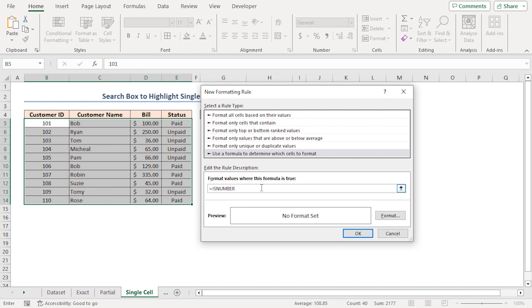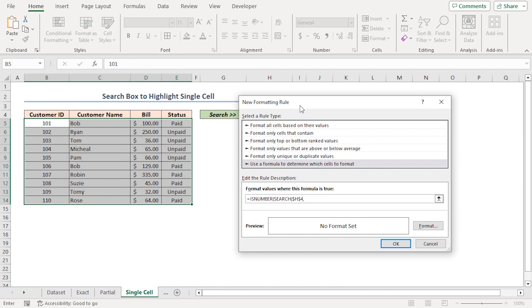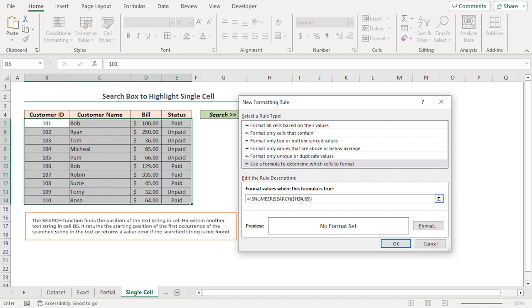As the value argument, I'll insert the SEARCH function. Give a parenthesis. Now, as the find text argument of the SEARCH function, I'll select cell H4. Insert a comma, and as the within text argument, I'll select cell B5. Close the parenthesis. The SEARCH function finds the position of the text string in cell H4 within another text string